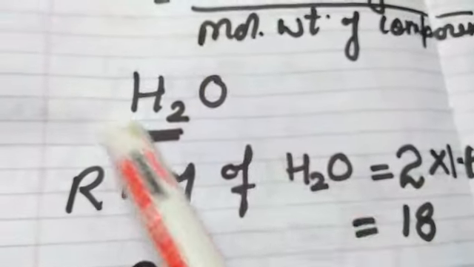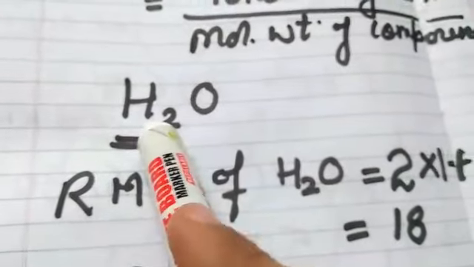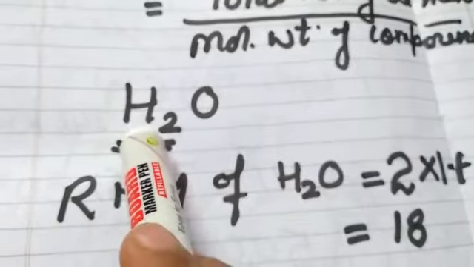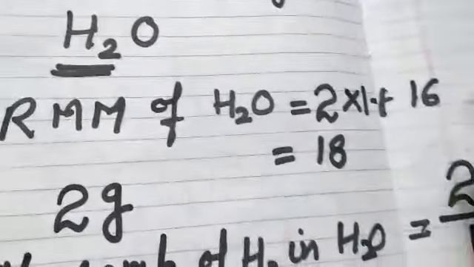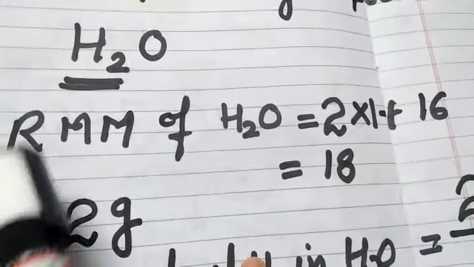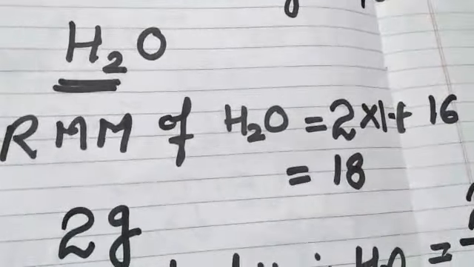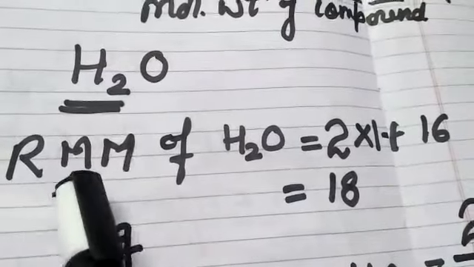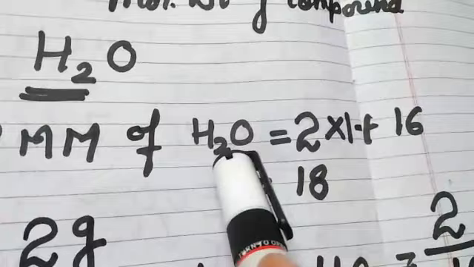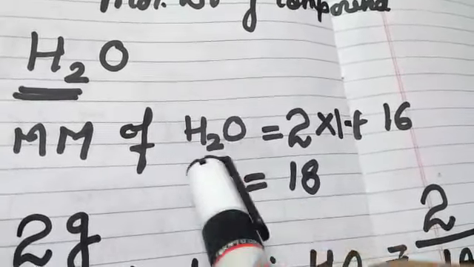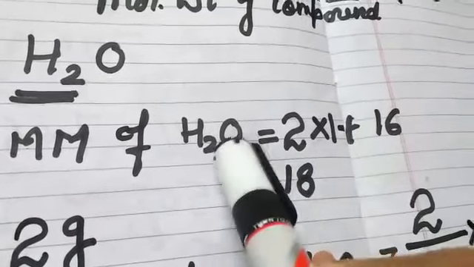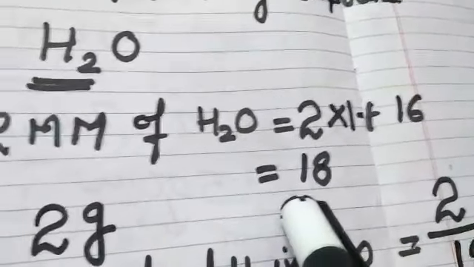फॉर एग्जाम्पल, we take the example of water. So we are asked find out the percentage composition of hydrogen present in water. So सबसे पहला step what we have to do, we will calculate its relative molecular mass. I have abbreviated it as RMM, capital RMM. So relative molecular mass of water is 2 multiplied by 1, that is 2 hydrogen plus 16, that is of oxygen, which is equal to 18.